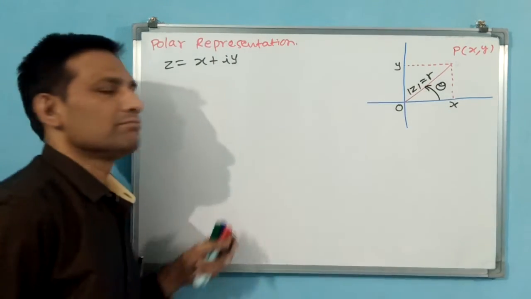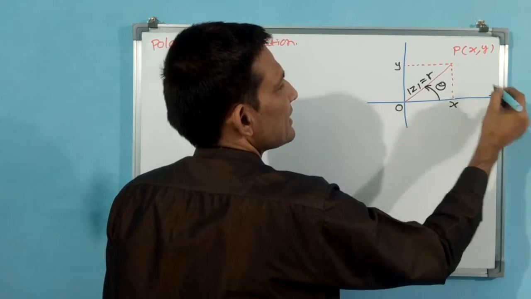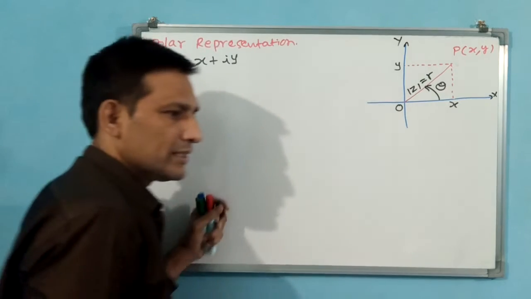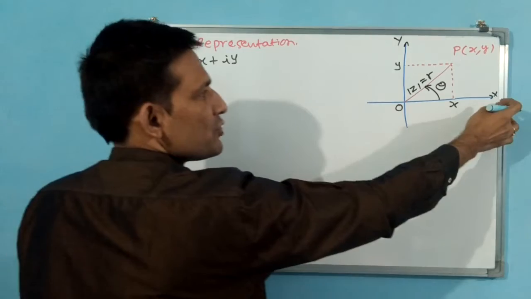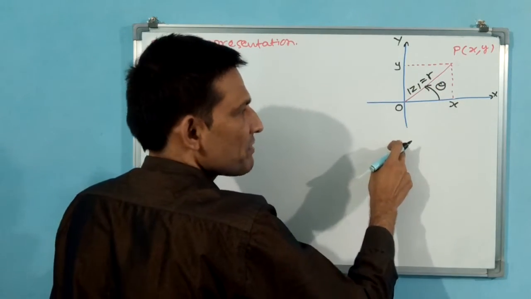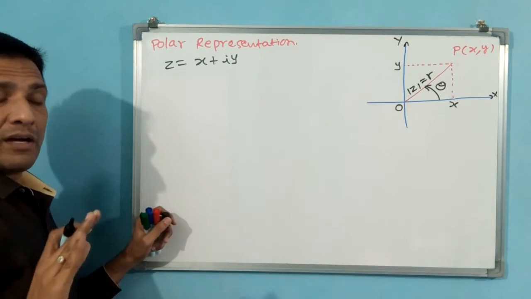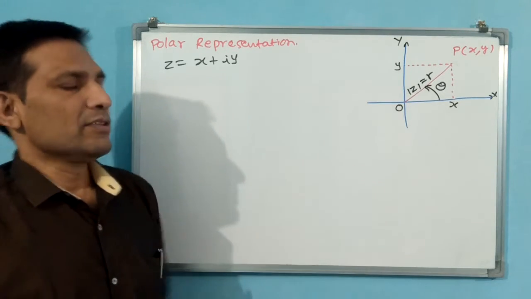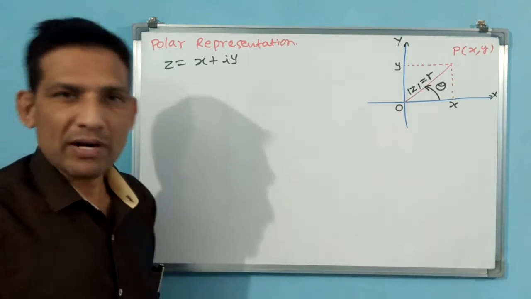This is theta. See, this will be the 0 or x-axis. This will be the y-axis. From here, this is what we can call the origin or base point. From 0 here only it will start: 0 degree, 90 degree, 180 degree, 270 degree, 360 degree, like that it will rotate. But here, a little bit different case is there. Now you see theta, you know, theta is rotating in anti-clockwise direction, that is where positive will come.